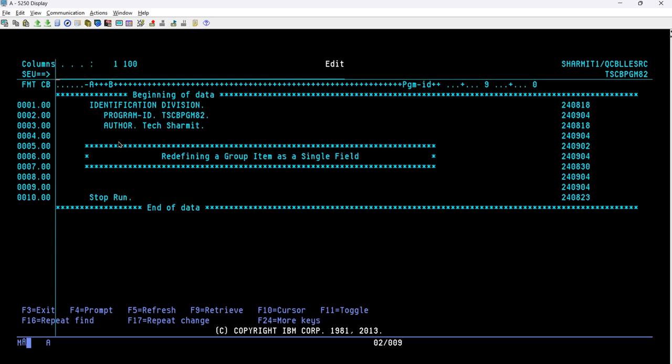we have declared the identification division block. This block is mainly used to define the information related to program identity. So here you can see we have PROGRAM-ID denoting TSCB PGM82, which is the program name. Then we have author, which is denoting the author name. So here you can see we have the author name as Sharmit, because this code is written by Sharmit. Now after this, if you have any other information related to program identity, you can store it inside